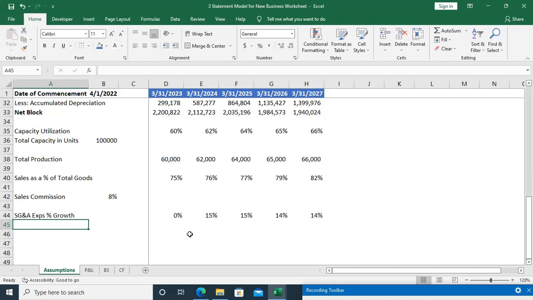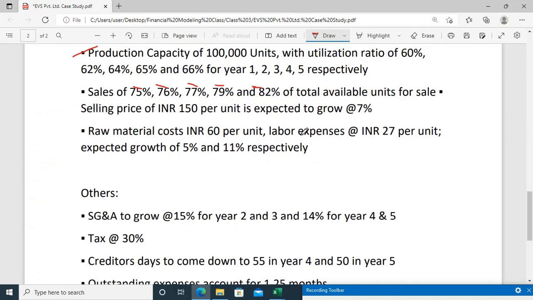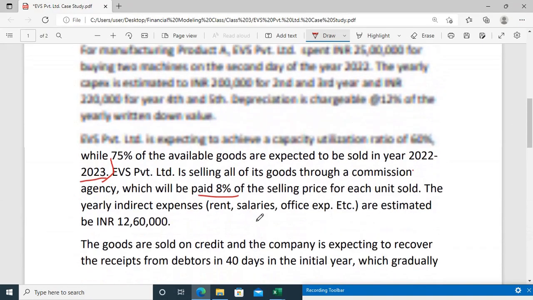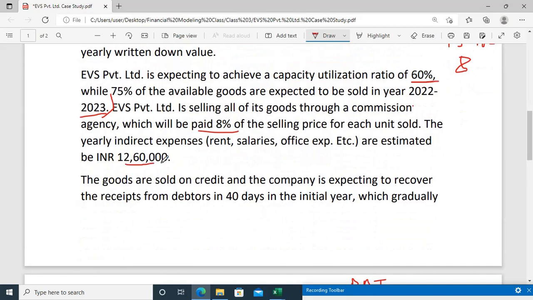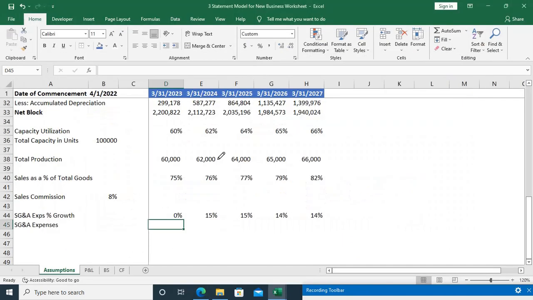And SG&A expenses, so what should it be? In the first year it was 12,60,000, right? Yeah, this amount. 12,60,000 it was. Next year what it would have become is this plus this percentage,